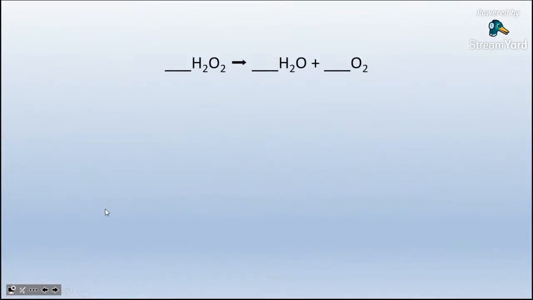So the first example that we have is this one of hydrogen peroxide decomposes into or yields water and oxygen. So in balancing this, when we start out, all of these blanks, and I use the blanks just for an indication that that is the only thing I can change. And when I look at the blanks, it's understood that each blank has a 1 in it. We just don't write 1s. And what we're doing is the coefficient